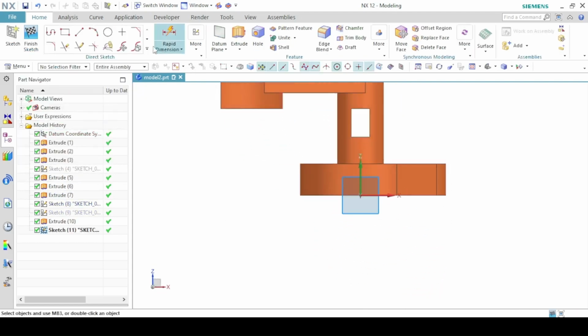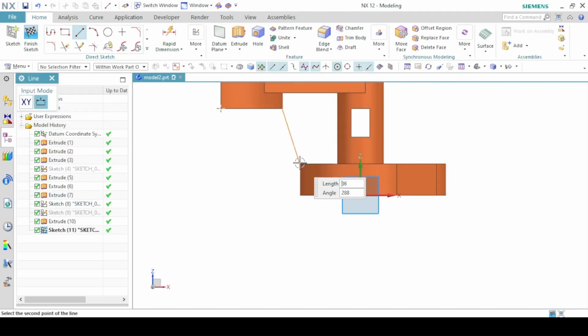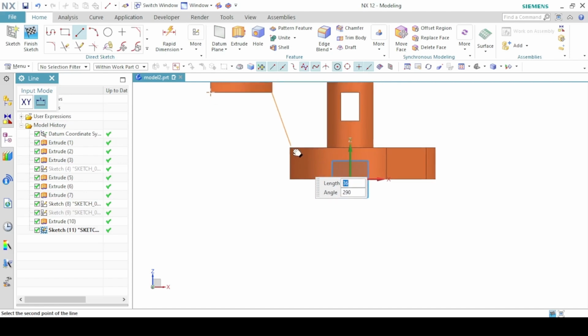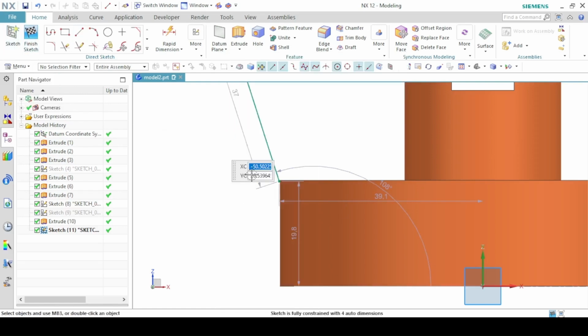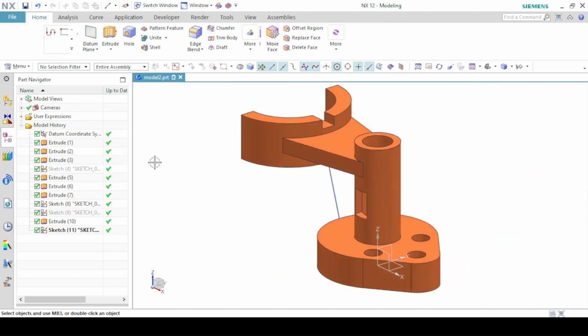And then with a line tool, connect this point to a point on the base. So finish.